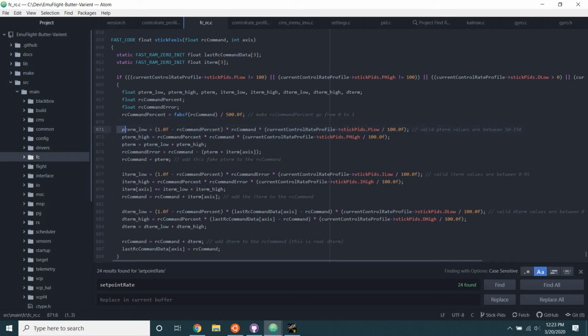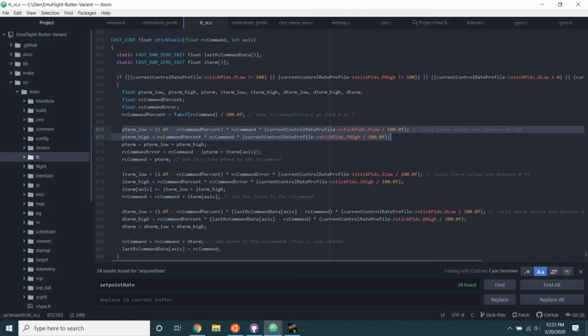So P, the P term in normal PID theory takes the error that you have. An error for our quads is generally, you have a set point of, say, 50 degrees per second and your gyro is only 40 degrees per second. So your error would be 10 and your P would push your motors more to try and get the gyro to match up. In this case, however, you can imagine